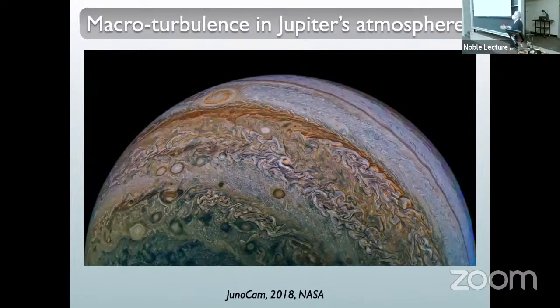Just to show that this is not a problem only as far as we understand in the Earth's atmosphere and ocean, it's a problem that happens in other planets with atmosphere. If we look at the surface of Jupiter again, you see a lot of these macro turbulent eddies that are mixing properties across latitude in the same way. Interestingly enough, because of its size, the size of the eddies in Jupiter looks more like the size of the eddies in the ocean. So dynamically, Jupiter is closer to an ocean than an atmosphere in our system,